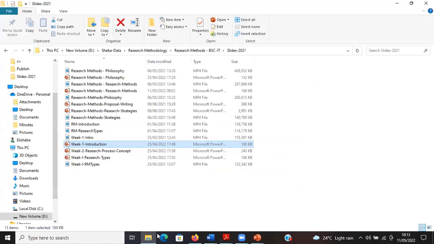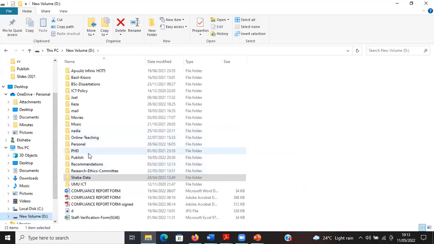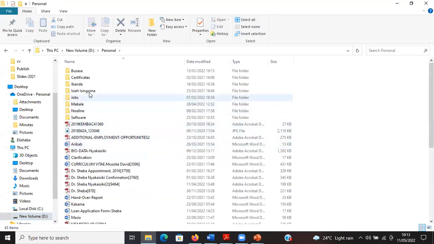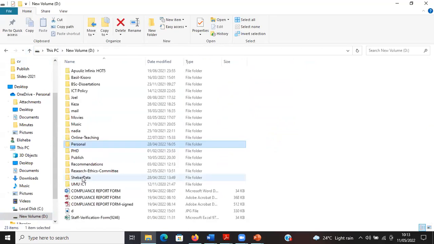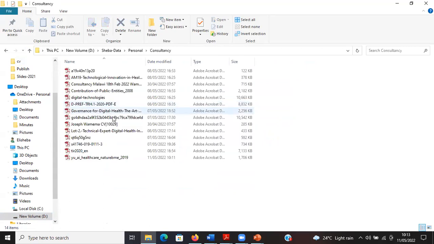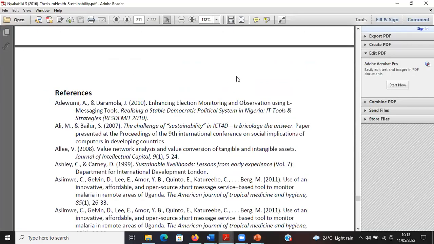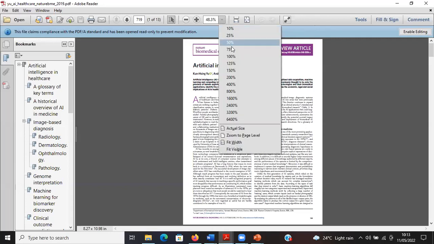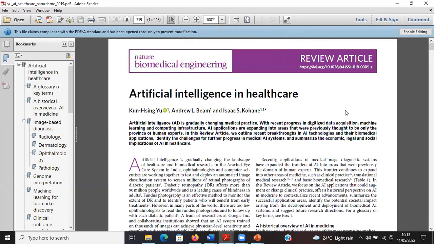Let me also open up for you this article that we've just opened up. Do you see it? The article which I've just downloaded?